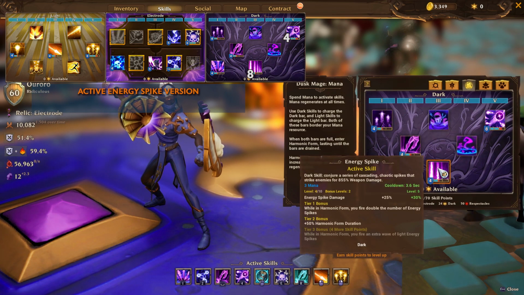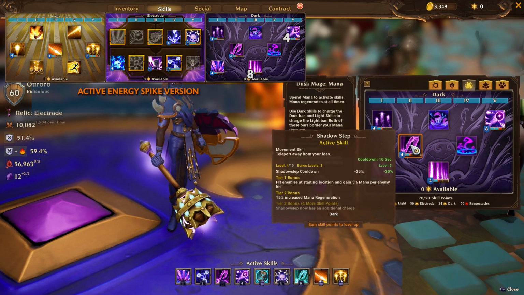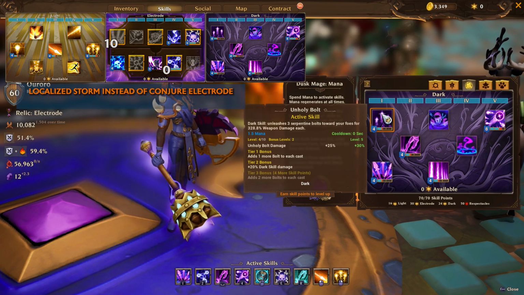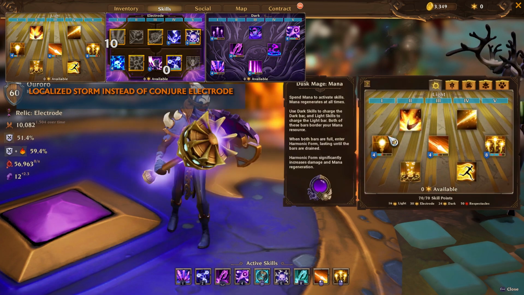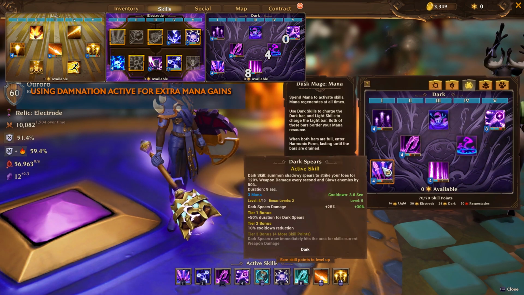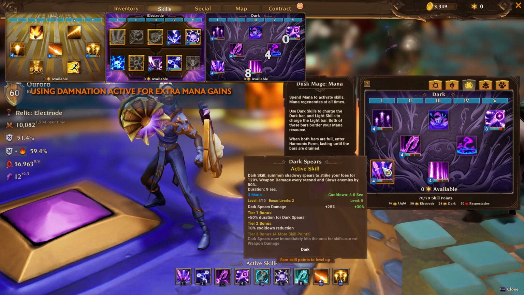Energy spike you want tier 2 for the harmonic form duration. Shadow step you want tier 2 for the increased mana regeneration. Unholy Bolt you want tier 2 for the dark skills damage. If you don't want dark skills damage, of course you can remove those points, that's optional. The same way if you don't want light skills damage, which I don't suggest removing, you can remove the light skills damage. And tier 2 Dark Spears for the cooldown reduction,